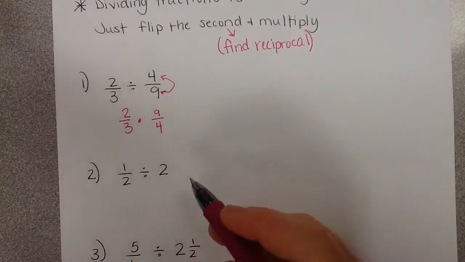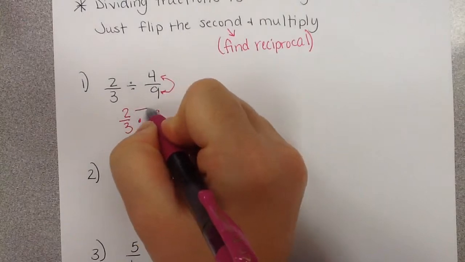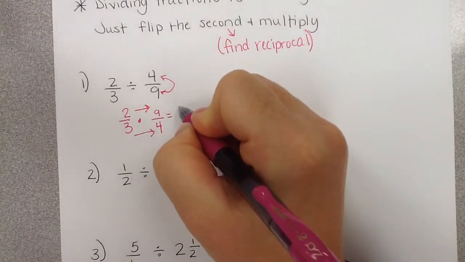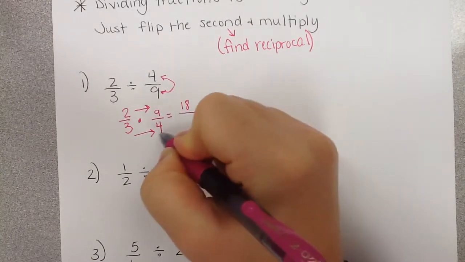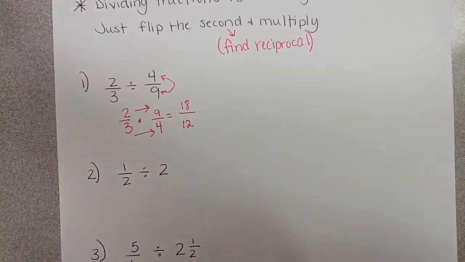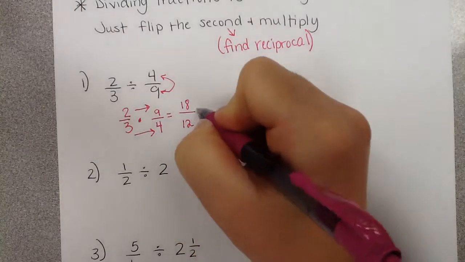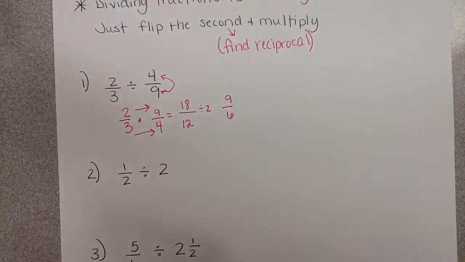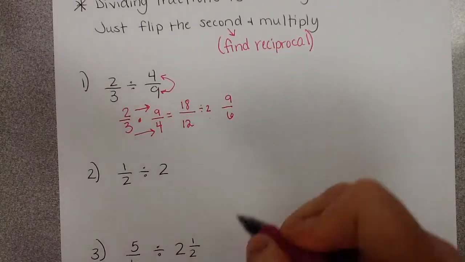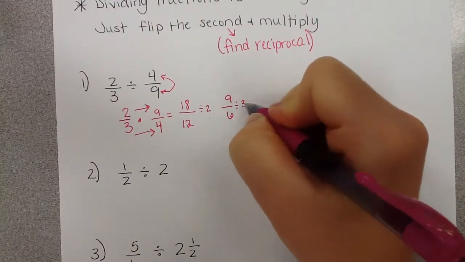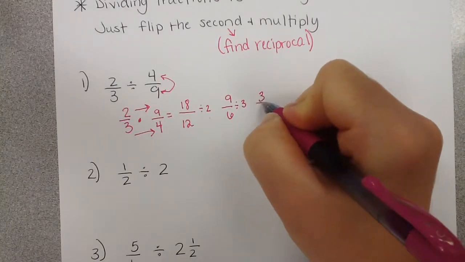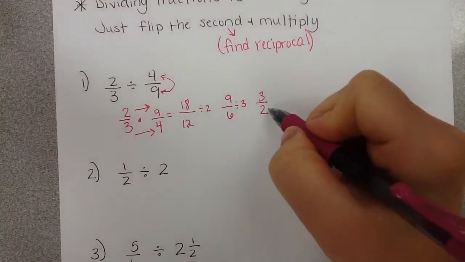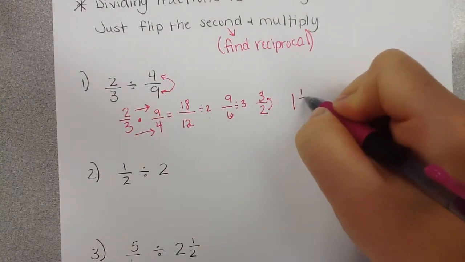Now multiplying, we've talked about how do we multiply fractions? Straight across the top, straight across the bottom. So 2 times 9 is 18. 3 times 4, 12. These are both even, so I can divide them both by 2. 9/6. What can I divide 9 and 6 both by? 3. And what do we get? What's wrong with 3/2? The top's too big, it's improper, so 2 goes into 3 once, with a half left